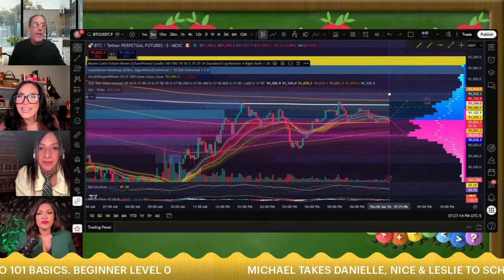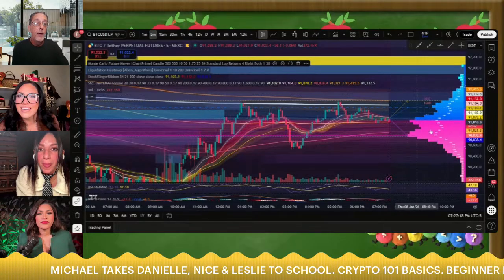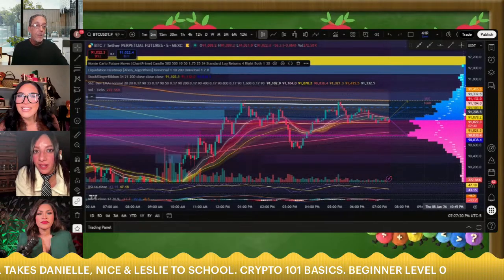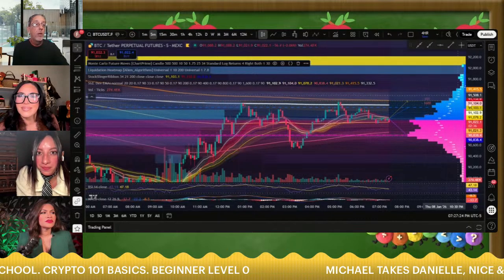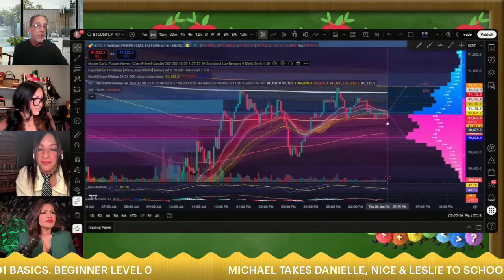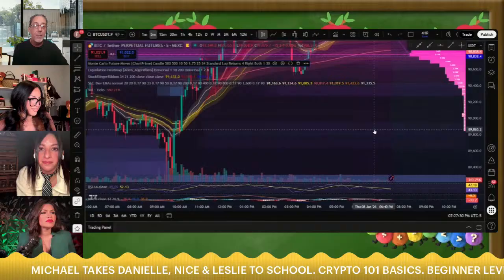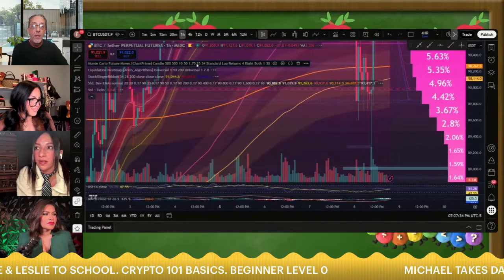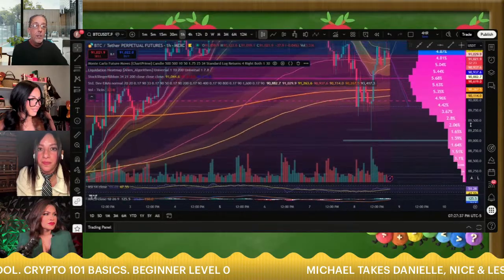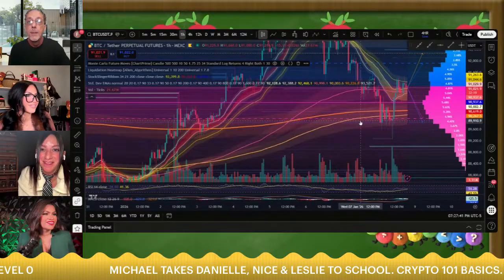This is how market makers take the market in one direction over the other. But right now, you're looking at the Monte Carlo, right? It's telling you there's more pink down here than there is blue up top. So the chances that this thing is going to come down is probably greater than it going up. But there's not really a whole lot of liquidity down here on the 5-minute. But if you look on the 1 hour, you're going to start seeing a lot more liquidity levels down here on the bottom side.